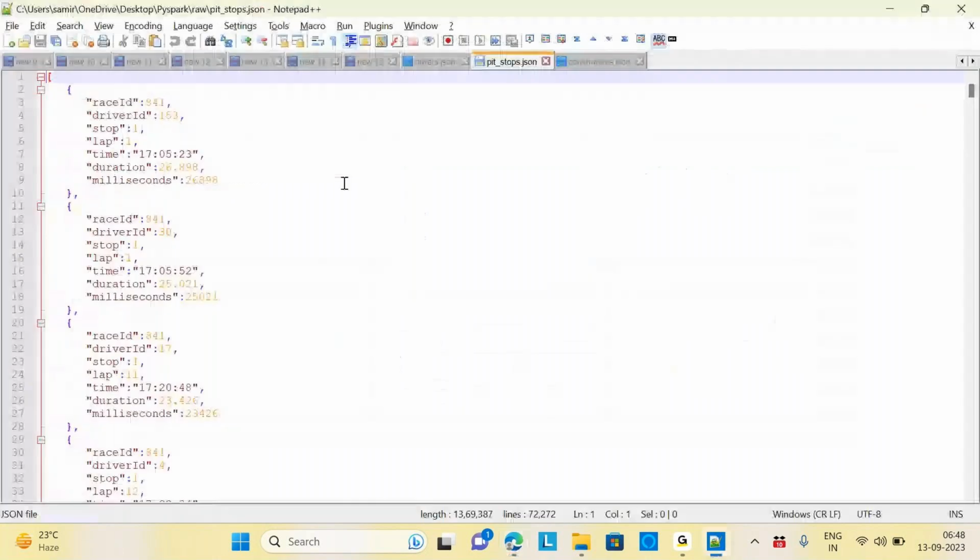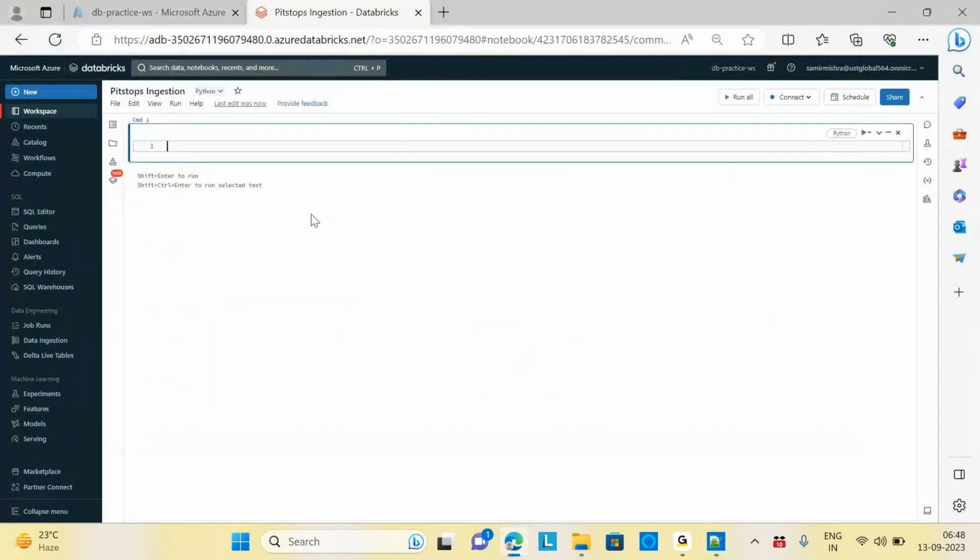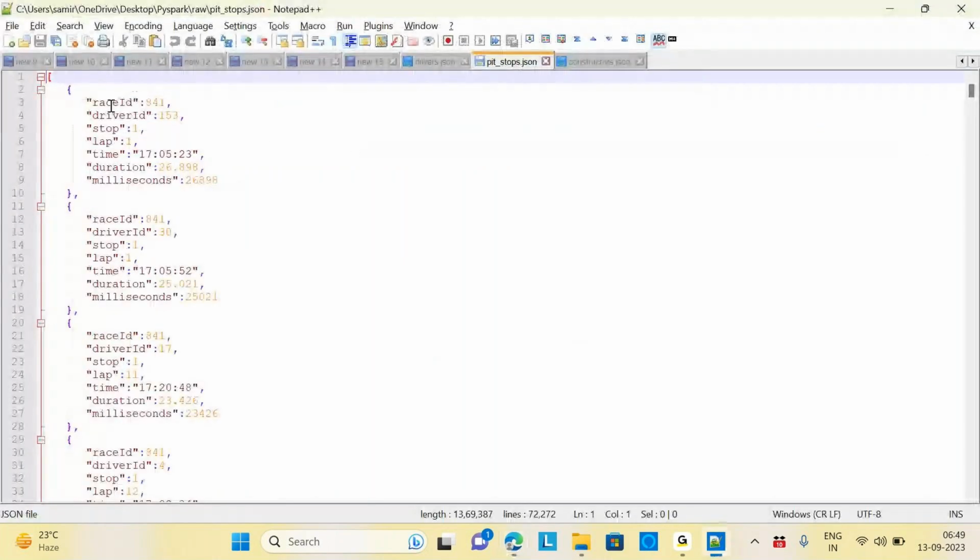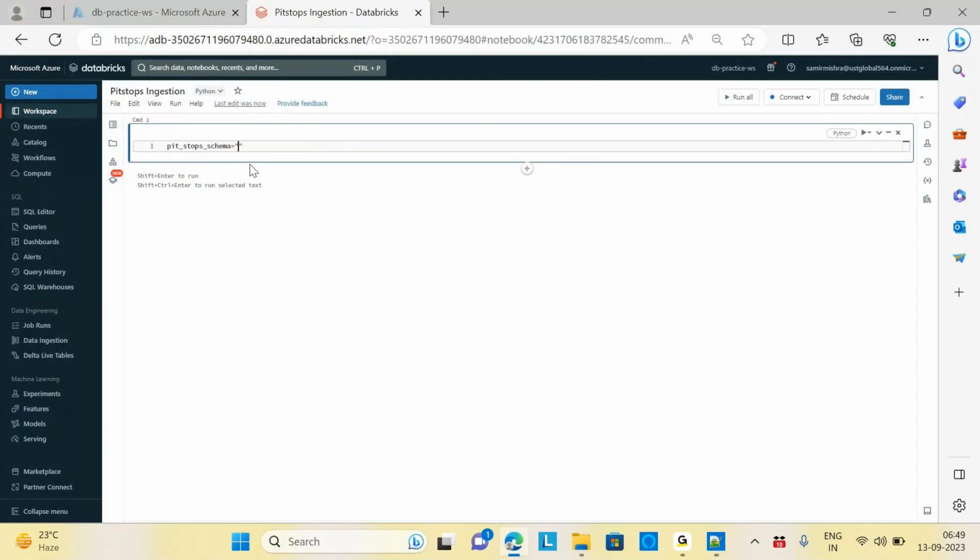Now here, I'm not putting the heading and all. You can do that. So let's create the schema directly. I will say pit_stops_schema. Let's do it the detailed way as well this time. So my race ID would be